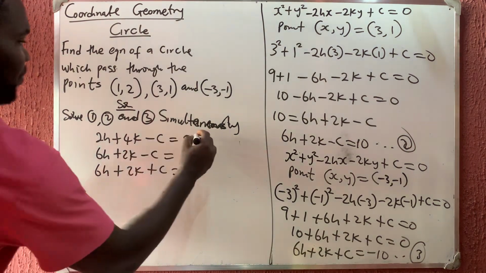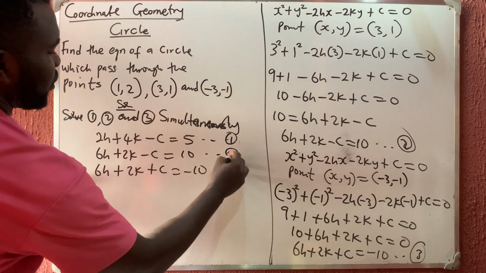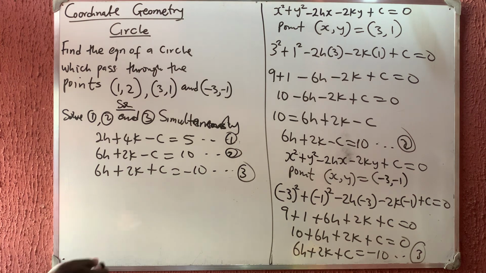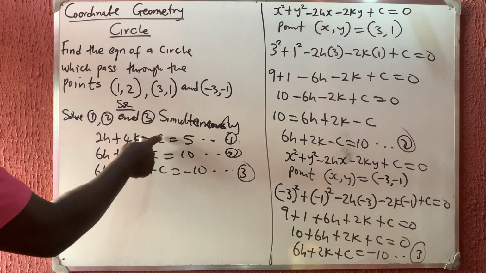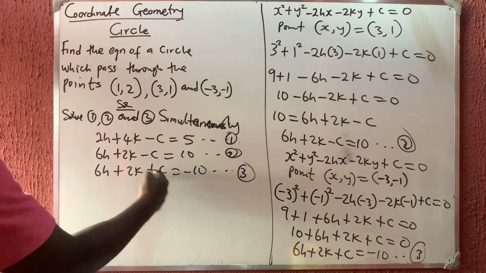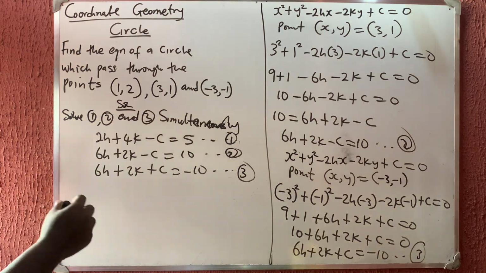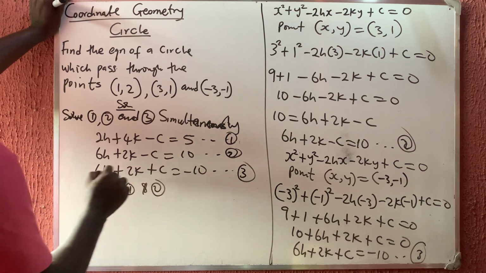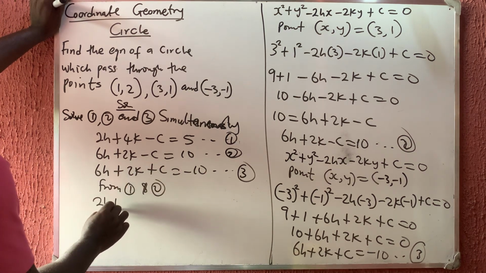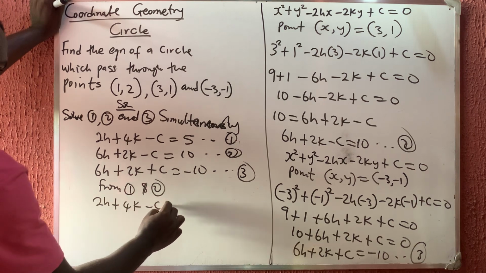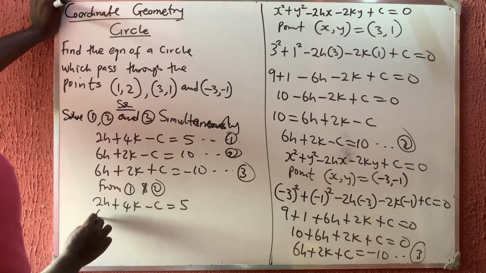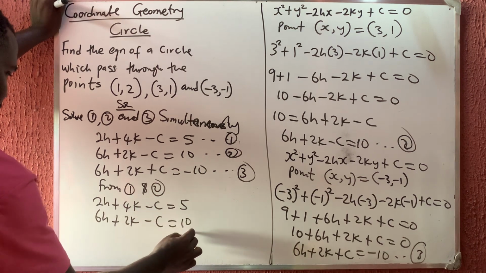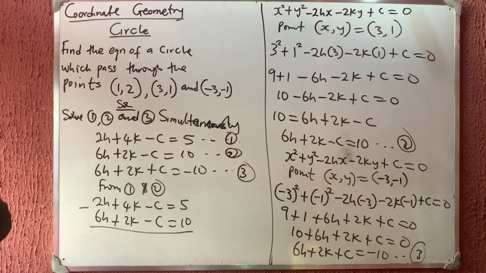Let us use the elimination method: equation 1, equation 2, and equation 3. If you want to use the elimination method, we are going to use equations 1 and 2 to eliminate c, and then we'll come back and use 1 and 3 to eliminate c again. So from equations 1 and 2, we have 2h plus 4k minus c is equal to 5, and 6h plus 2k minus c again is equal to 10. So if I subtract, I'm going to have